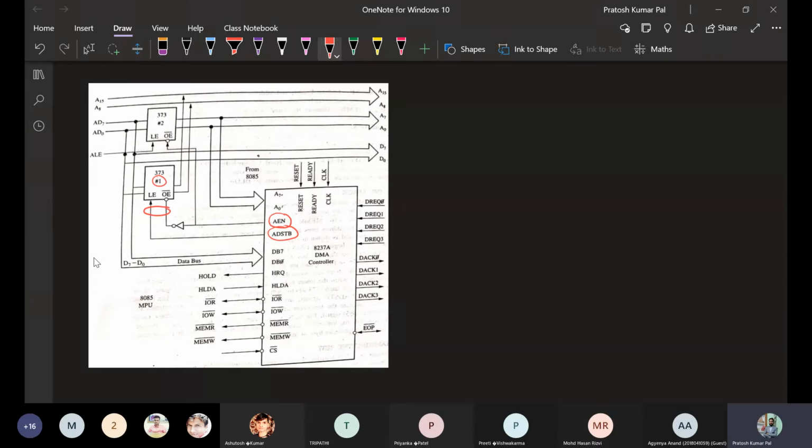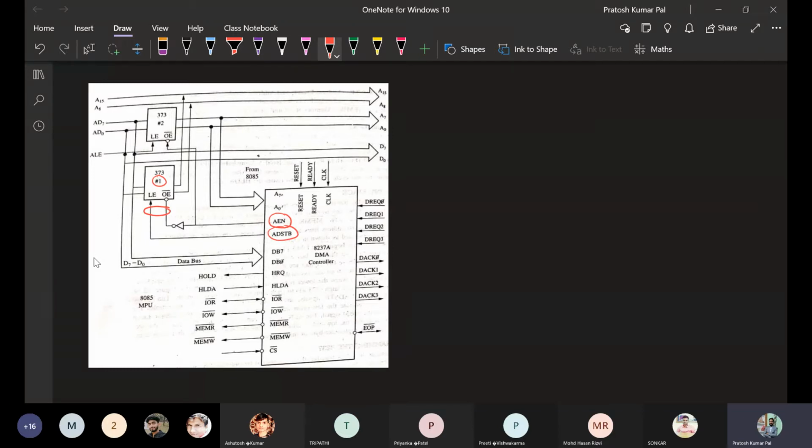Okay, so these two are there, and to select the lower byte of the address, that is the lower address lines A0 to A7, only the AEN, that is address enable, will be required. Once the address enable is enabled, that is, it is made 0, this latch will be activated.